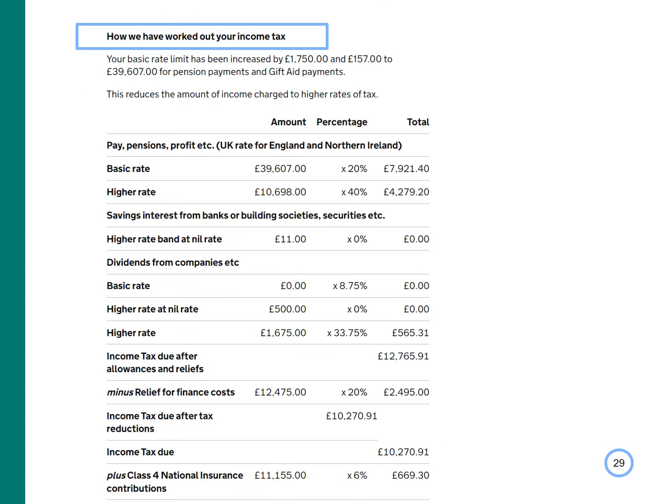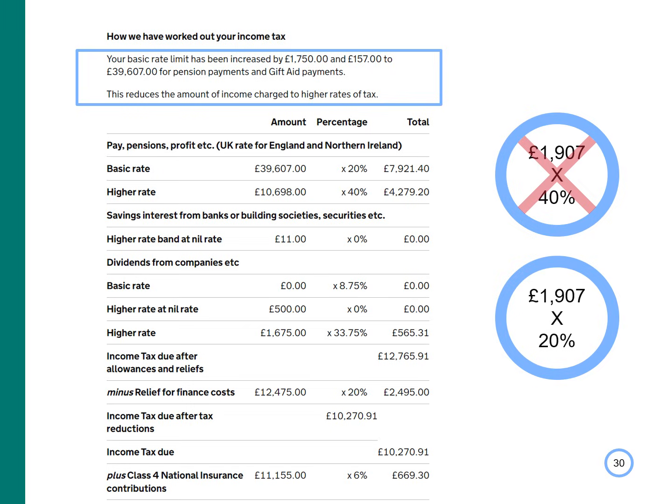The next section of your tax calculation shows how we have worked out the income tax due on the taxable income. Here you'll see that the basic rate limit has been increased by £1,750, which is the amount paid into a pension, and also £157, the gross amount given to charity, which includes the tax relief the charity has claimed. So the basic rate tax band is increased by £1,907